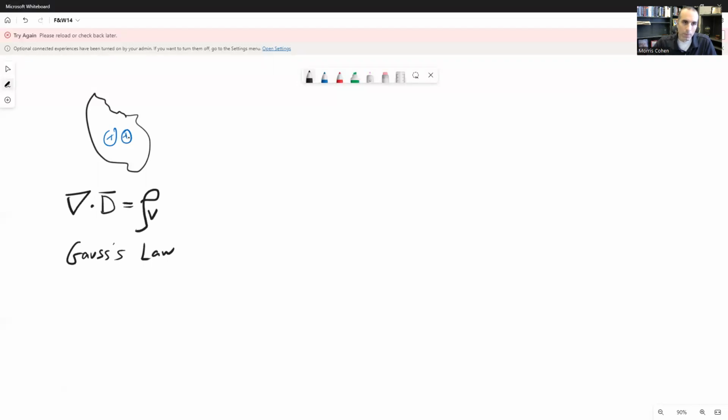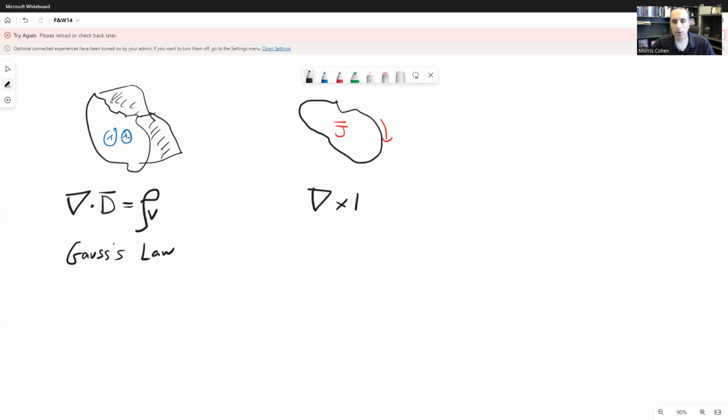The equivalent for magnetic fields, I'm just going to draw this little thing here just to show that this is a three-dimensional surface. The equivalent for magnetic fields is called Ampere's law, and Ampere's law told us that if I have currents running through this surface, that's going to relate to magnetic fields that are around the outside of it. And so Ampere's law is written in the following form, that the curl of the magnetic field equals the current density J. And this is called Ampere's law